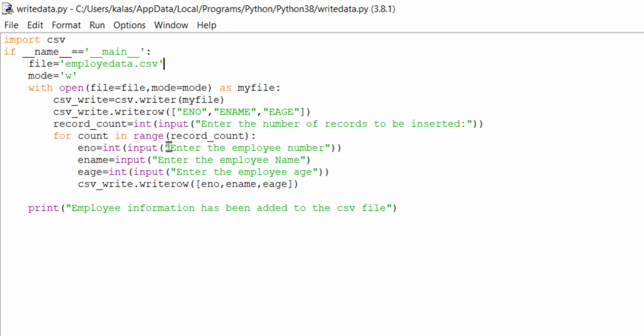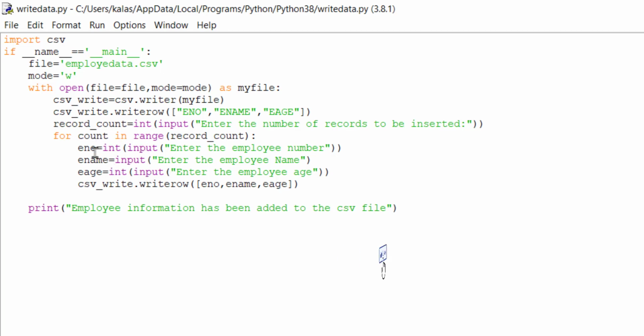See here, after that we need to enter the employee number. This will be displayed for us on the console. Here I am using the input function, which will take the input from the user, that is the employee number, and I am storing it. Then it takes the employee name and employee age. These three data items are stored in the .csv file.